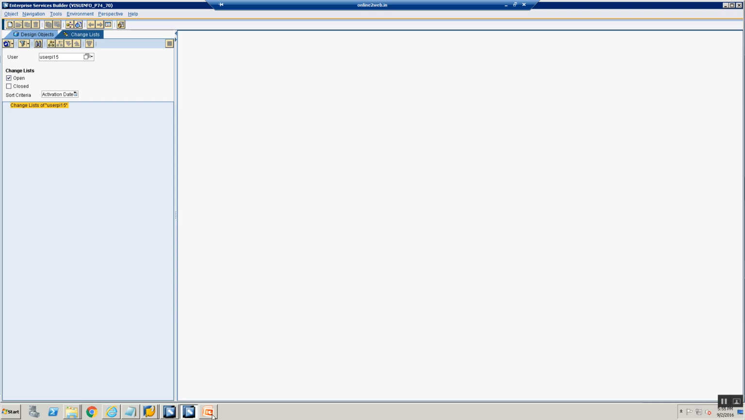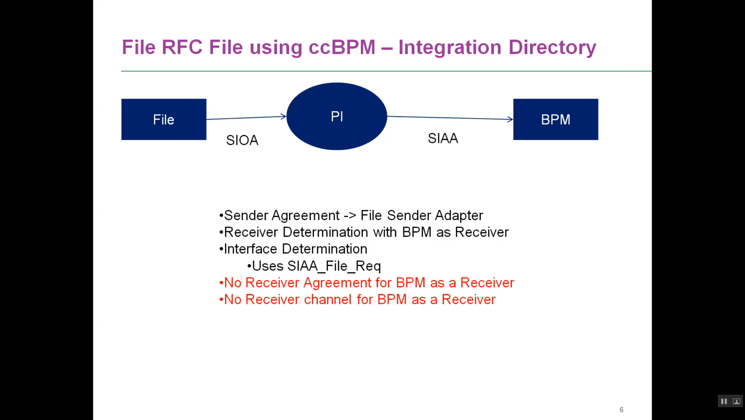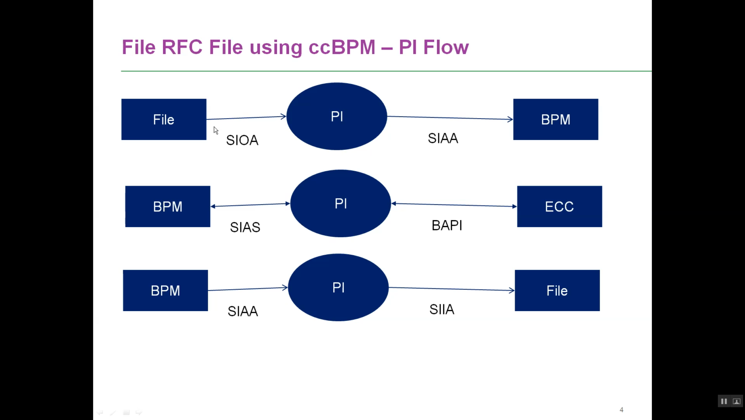Welcome back. Now we will be going ahead and configuring the scenario in the integration directory. And before we do that, let's just understand what is all that we need to do in the integration directory. As we saw previously, there are three distinct flows that this CC-BPM kind of flow has. Your sender file adapter picks up the file, it sends it to PI, and then PI delivers the message to